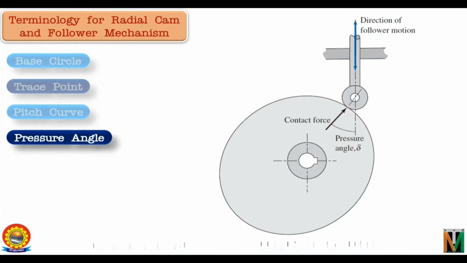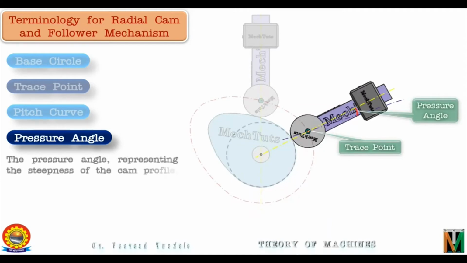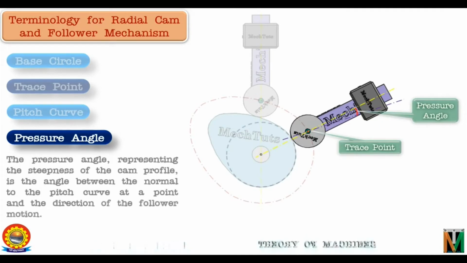Each point on the cam surface has a pressure angle, and it varies in magnitude at all instances of the follower motion. A high value of maximum pressure angle is not desired, as it might jam the follower in the bearings. So let's come back to the original figure. So this angle between the direction of the common normal, that is the direction of the normal contact force, and the direction of the follower movement is what we call the pressure angle phi. And for the smooth movement of this follower, this angle should be less than the allowable value.